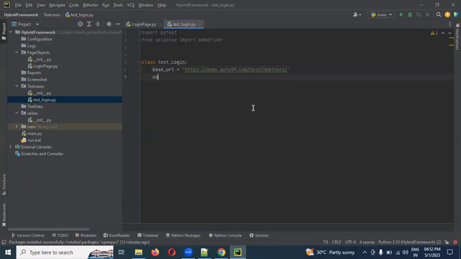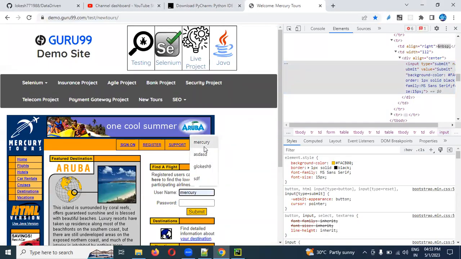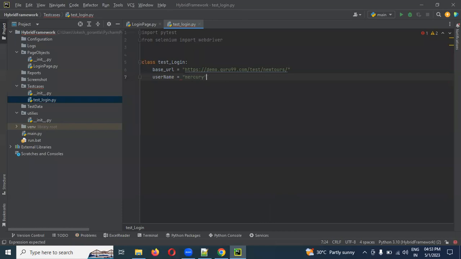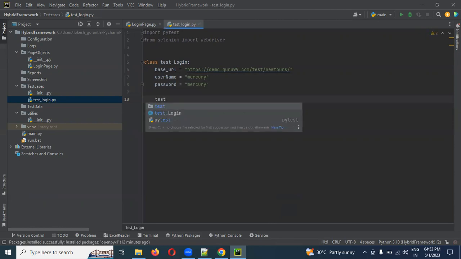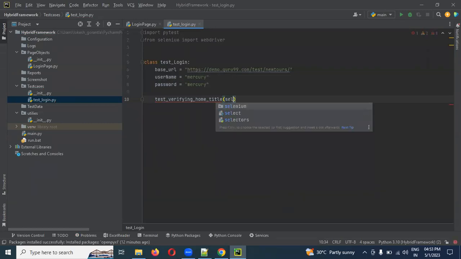Okay, then we need to use username. Your username is basically mcquery. I'm going to use mcquery in double quotation marks, and then password. Okay, now the password and username and everything I created. Now I'm going to verify my test data, verifying the home_title. And this is called self. I'm going to maintain